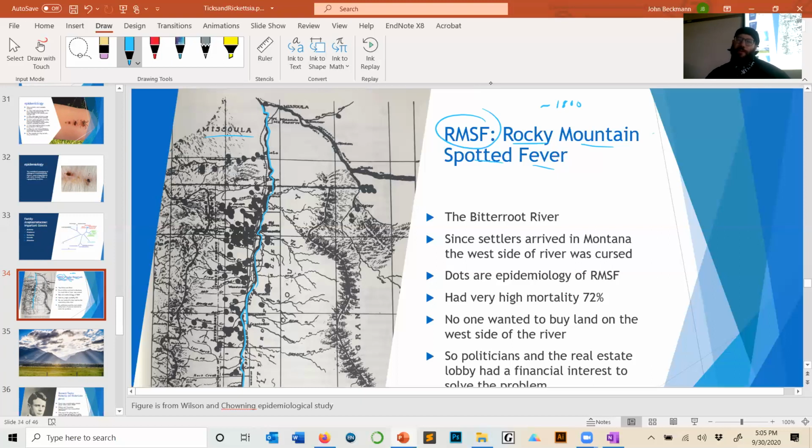And people have tried to look into historically, did the Native Americans ever document any incidents of a strange disease or anything like that? Nobody's ever found any documentation like that. So we don't really know if the Native Americans just didn't notice it or potentially were immune to it. We don't really know. But it was not documented until settlers started pushing into this area. Okay. And so what started happening is